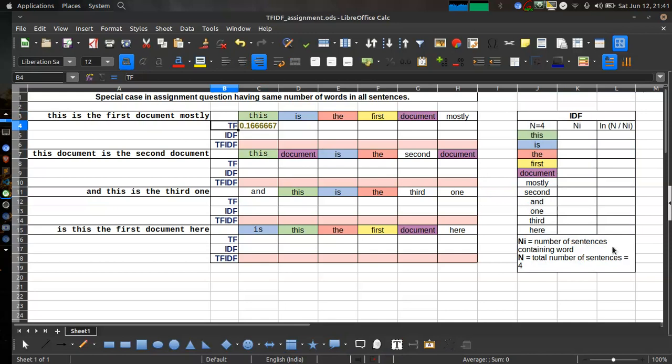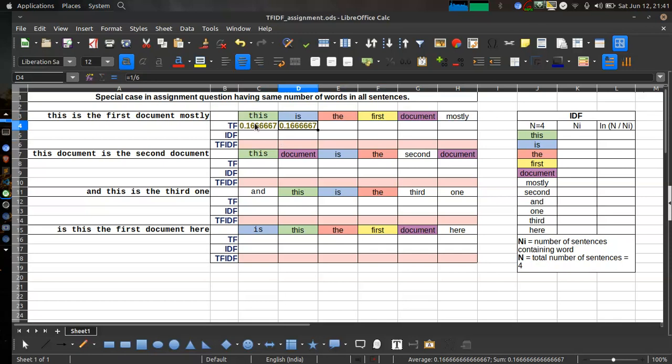Second module, calculate IDF. Third step, just multiply TF and IDF, you are done. Correct. So what is term frequency? Term frequency is calculated on the sentence. So we are just basically seeing the sentence. So "is", how many "is" do we have? Just one "is", right? So "is" will be equal to 1 by 6.